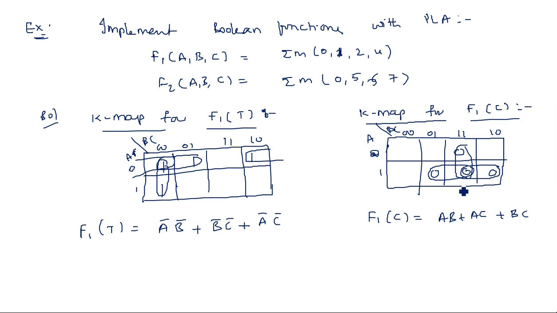Don't use POS form. Okay, once again I am saying don't use POS form. As we are mapping zeros, it might seem like POS form, but no, because we already mentioned that it is a complement form. So we can write simply F1, otherwise you can keep a bar here. Okay, and similarly